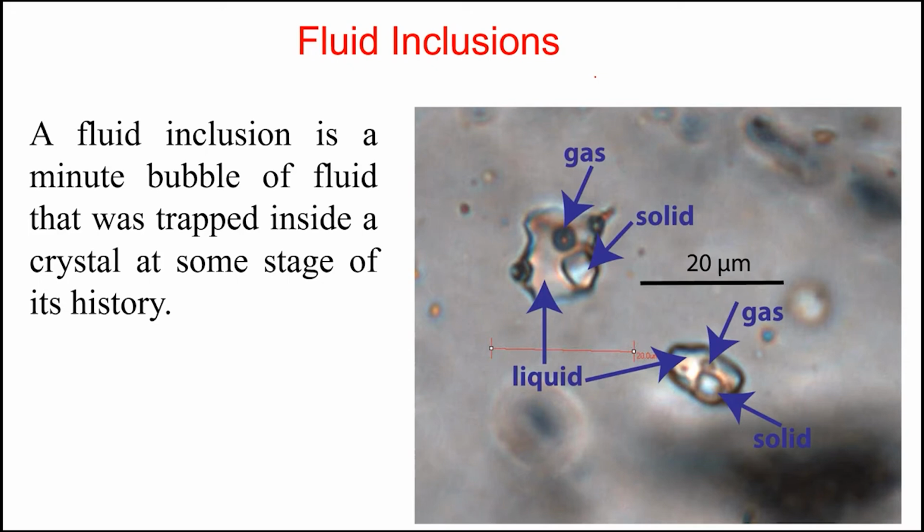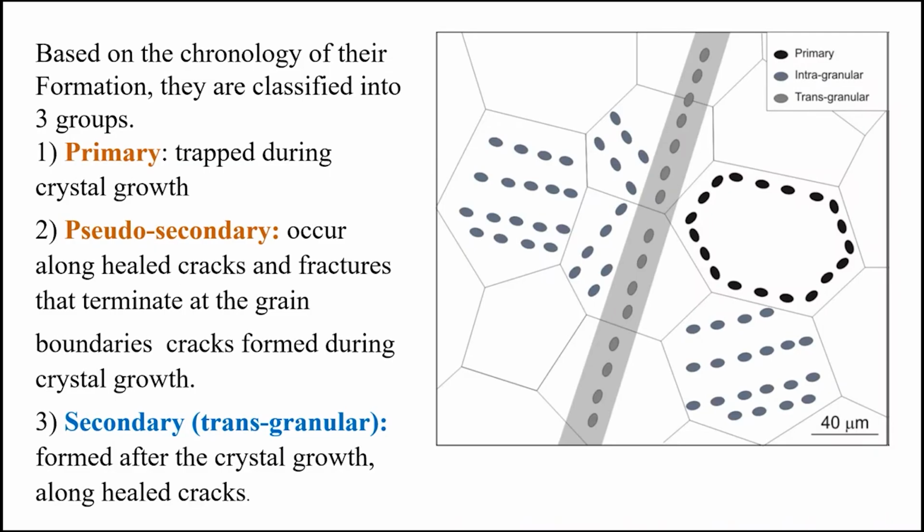These are the paleofluids that were trapped either during the growth of the crystals or after the growth of the crystal by some imperfections or due to some deformations. And these fluids were trapped within some of the crystals. So accordingly, there will be different types of fluid inclusions that we will be studying. Well, based on the origin of the fluid inclusions, we can classify them into 3 categories. They are primary, pseudo-secondary, and secondary.